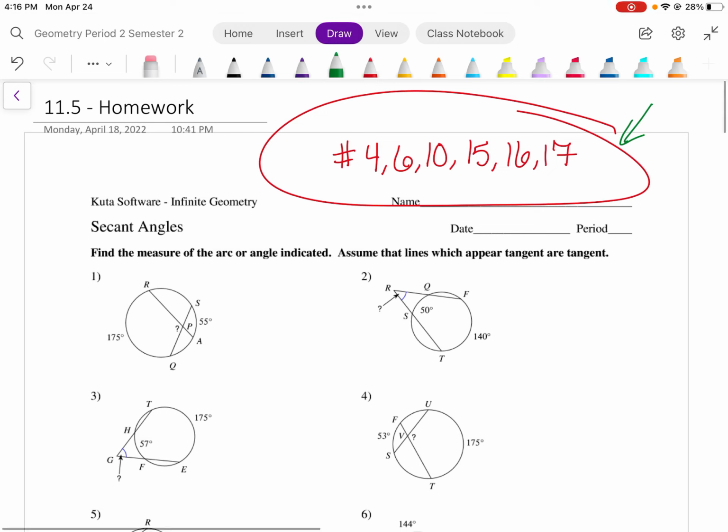If you are confused on any of them, or you think you need extra practice, I would strongly encourage you to do a few more problems on this worksheet. All right, if you have any questions, just